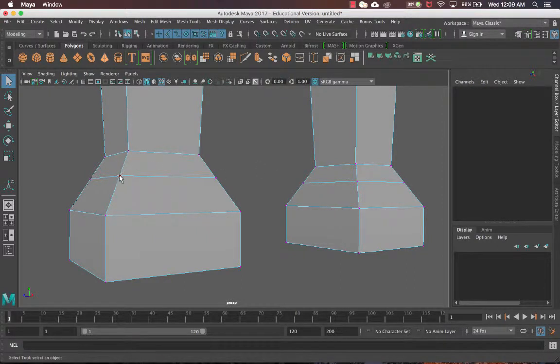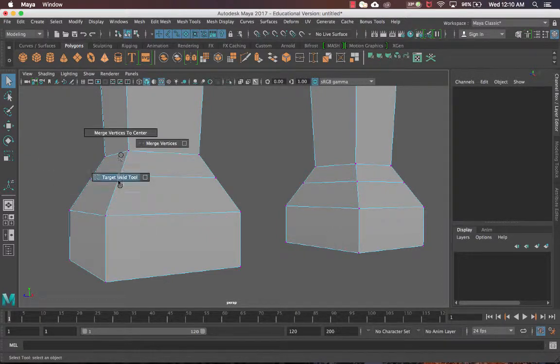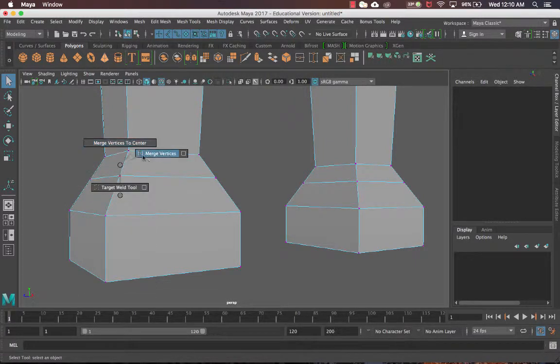So if I hold down Shift and I right click and I just go up, you'll see that it says merge vertices. When you go up to merge vertices, you'll get 3 new tools. I'm going to use the target weld tool. It'll be on the bottom, and I'm using Maya 2017. So I'm going to select target weld,